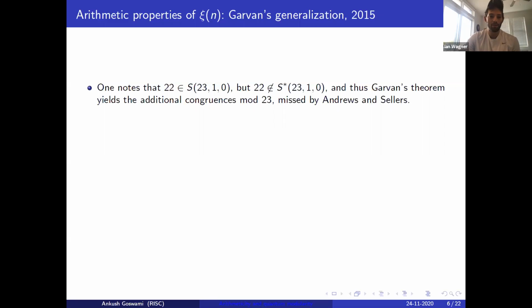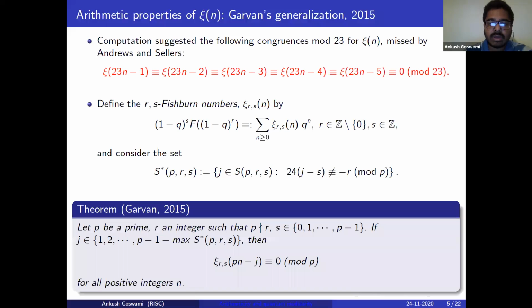And if you use that for F1, you can plug it into OEIS and see it counts Fishburn matrices decorated in some way. I don't think Garvin discusses this even for some special case, like if you take f of 1 minus q squared. Yeah, he does not discuss any combinatorial meanings of these numbers.